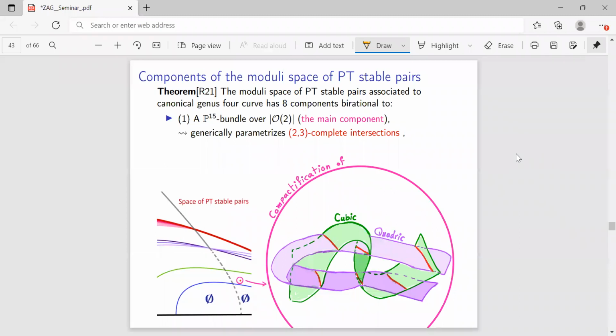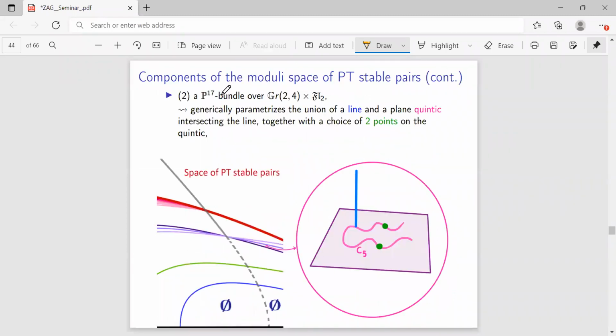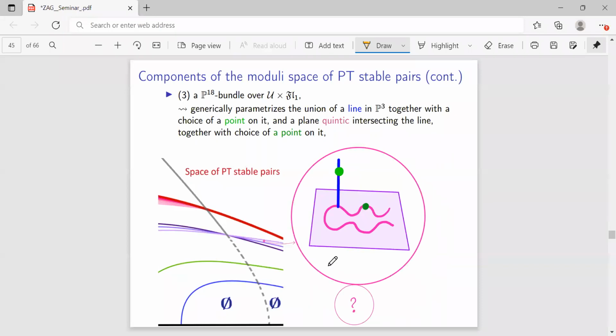So the next slide will be the description of M prime. As we said, this is a P17 bundle, but generically this parameterizes a line union this plane quintic together with two marked points on that quintic. This is just the M prime. Okay, which appears here. And then the next wall, this wall here produces two irreducible components. The first component is a P18 bundle over a U cross FL1,